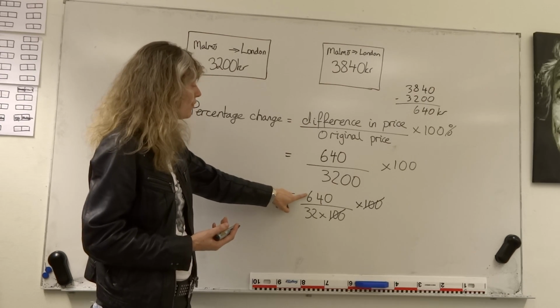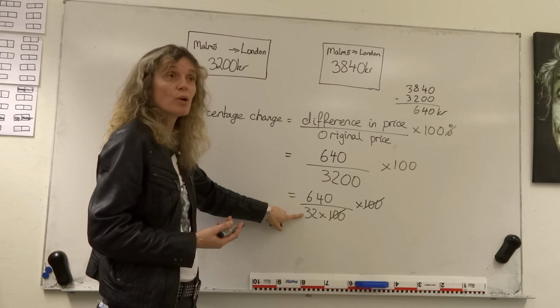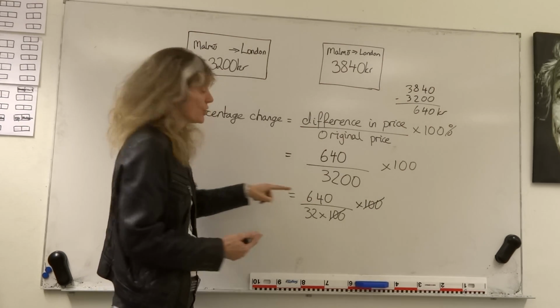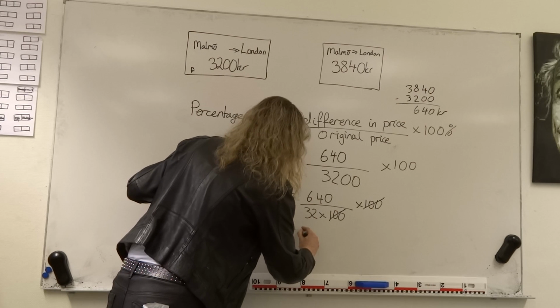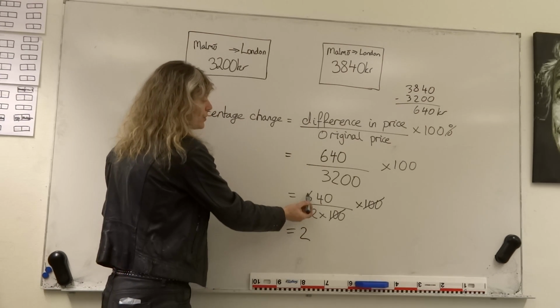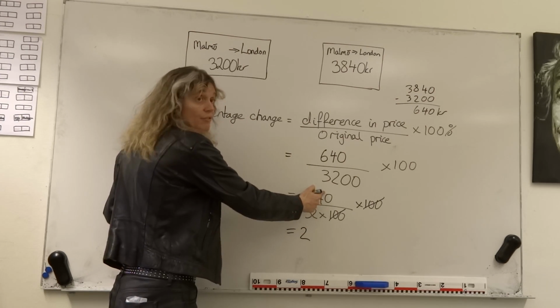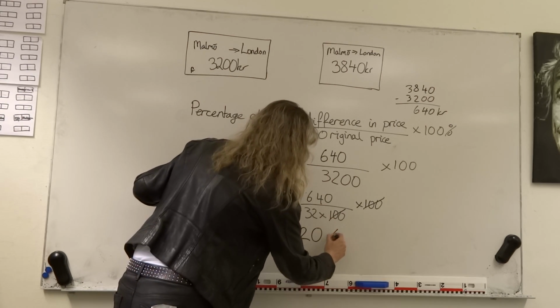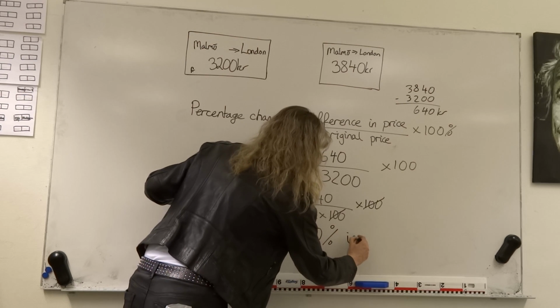So now I have really simple numbers here. I have 640 on the top and 32 on the bottom. If I double 32, I get 64. So 32 goes twice into 64. 32 into 64 goes 2 times, none left over, and 32 into 0. So it's a 20% increase